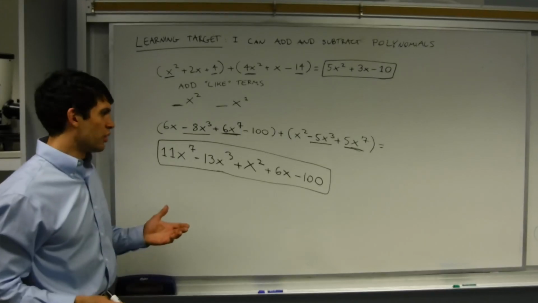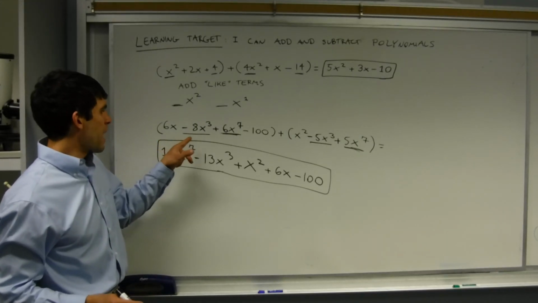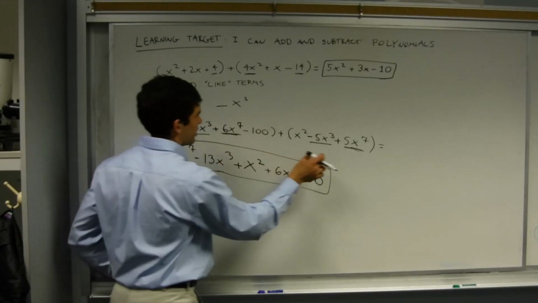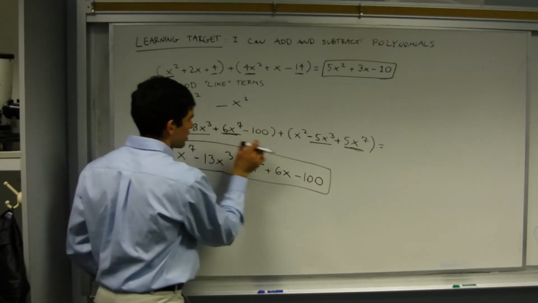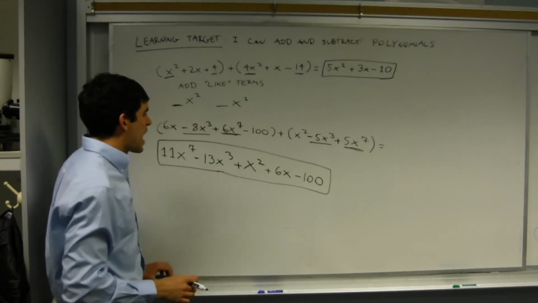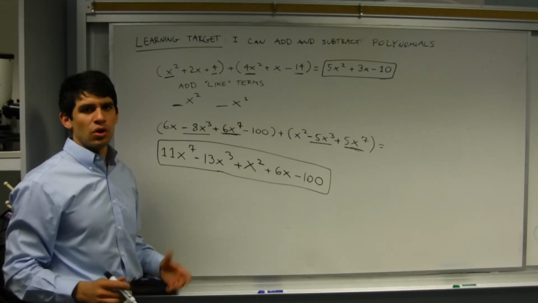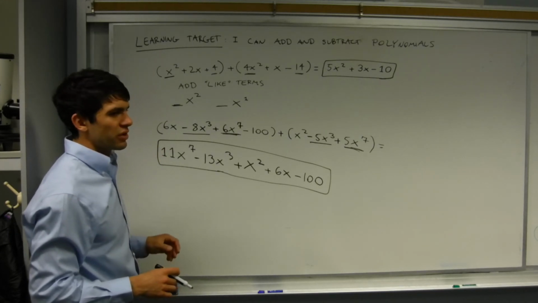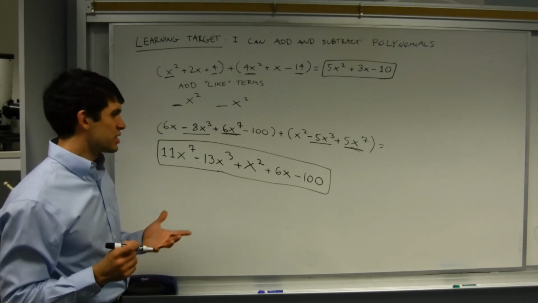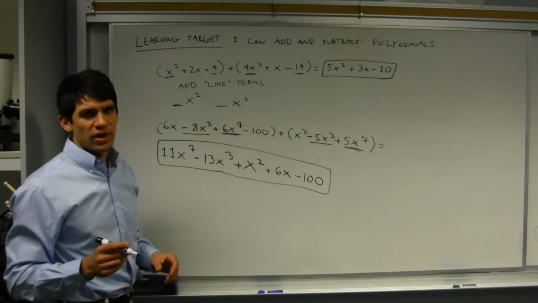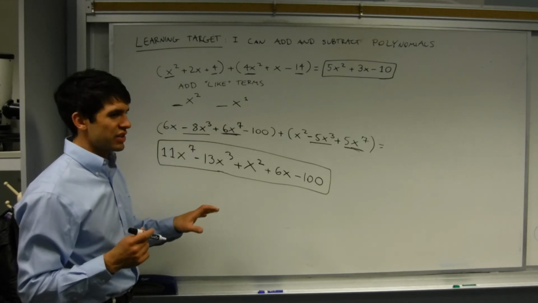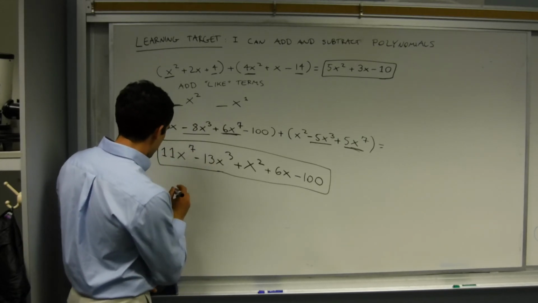Again, it can be a little bit tedious matching up the like terms like we did here with the terms to the 7th power and the terms to the 3rd power. However, the process is always going to be the exact same no matter what polynomial you have. Now there is one other situation we could have, which is where we have multiple variables in the same string of addition. So suppose we have